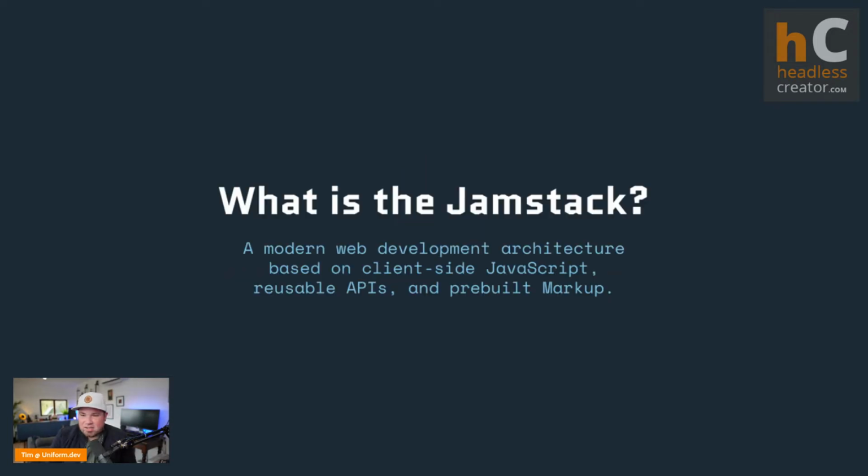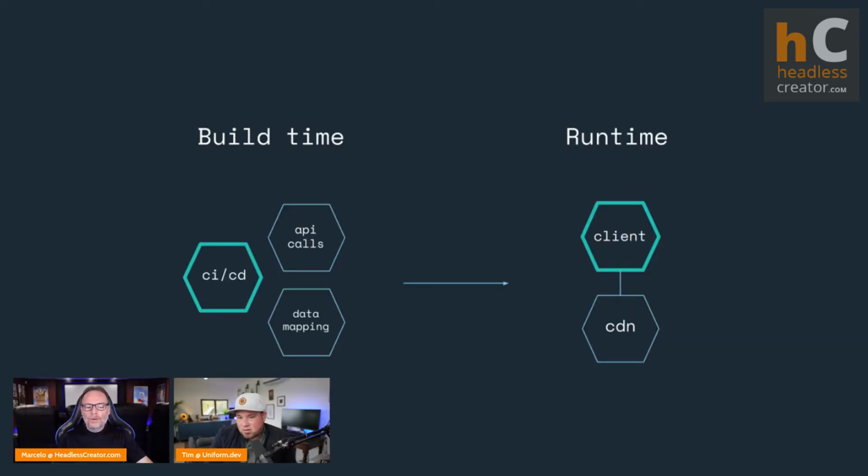And the best thing is that the Jamstack is basically a modern web architecture, or a development architecture based on client-side JavaScript, reusable APIs, and pre-built markup. And the funny thing is, when you read this it kind of sounds like how we used to build websites, but there's a pretty big difference because,